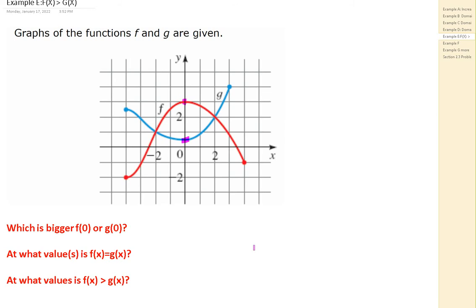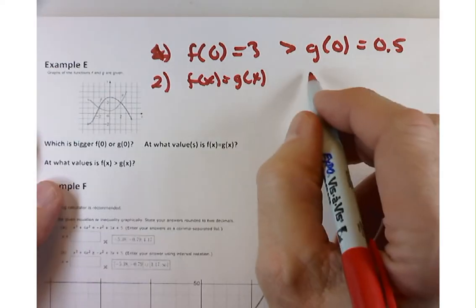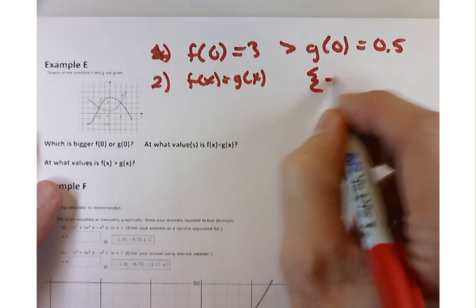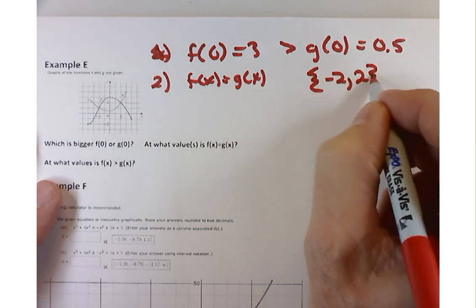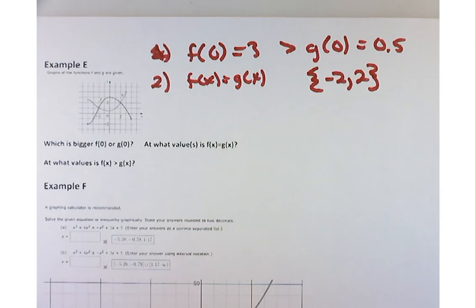So I'll write it this way. Now, when you're putting in your answers, sometimes you have to list them with a comma between them. And I'm using curly brackets because that's the set of my answers. I'm not using parentheses because it's not a coordinate point. Now the last part of this is